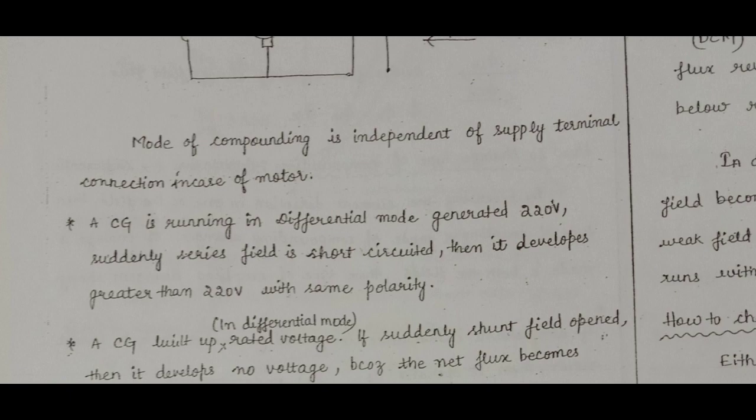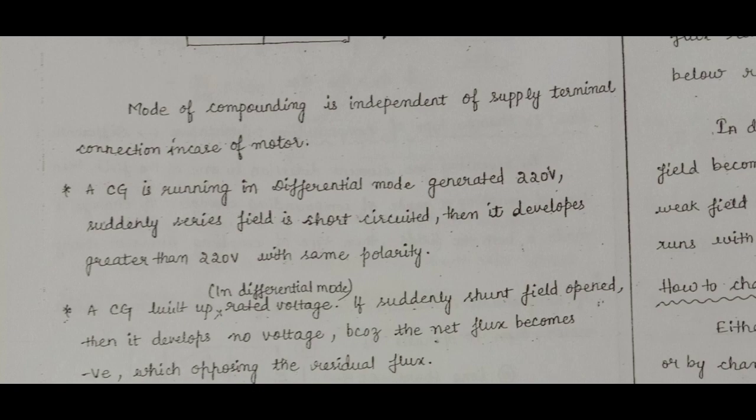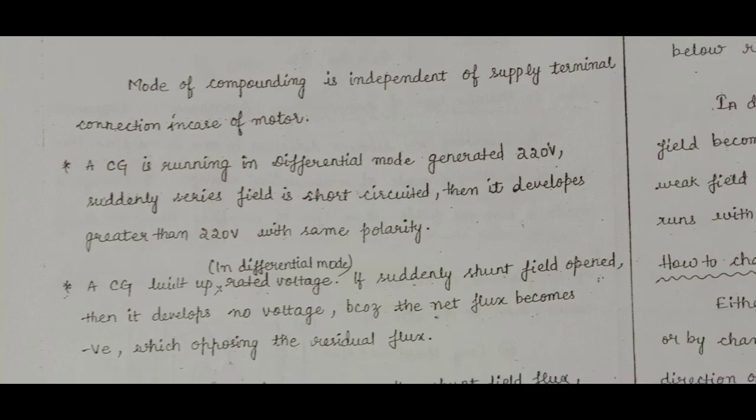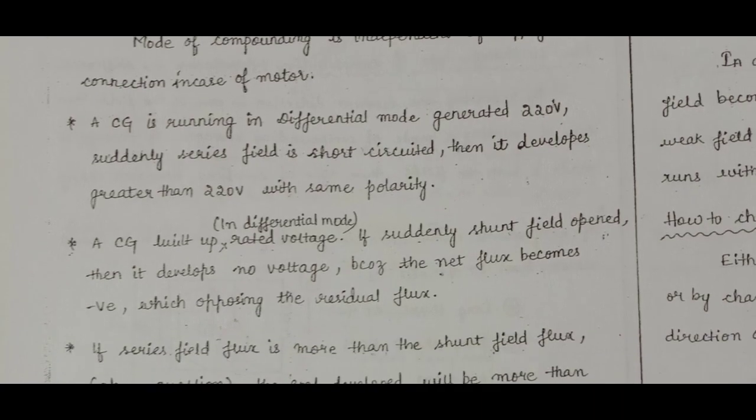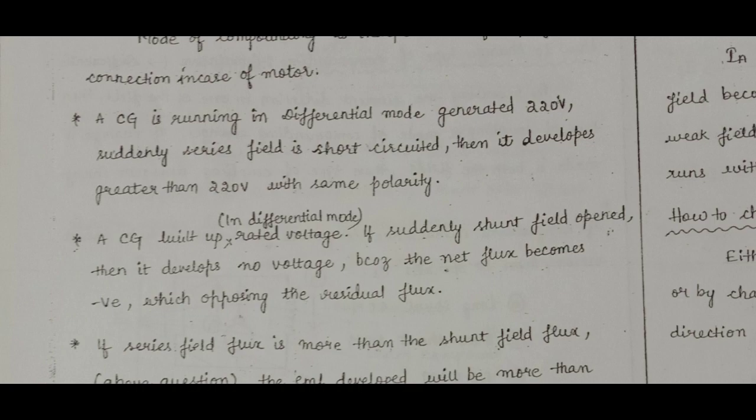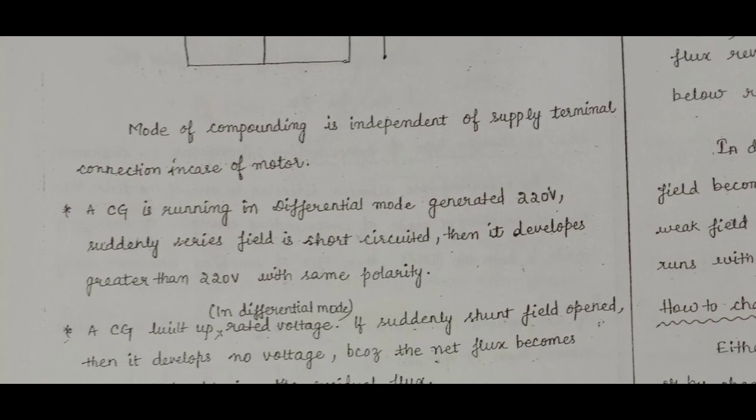A compound generator running in differential mode generates 220 volts. Suddenly the series field circuit is short circuited. Then it develops greater than 220 volts with the same polarity, because in a differential compound machine, phi sh